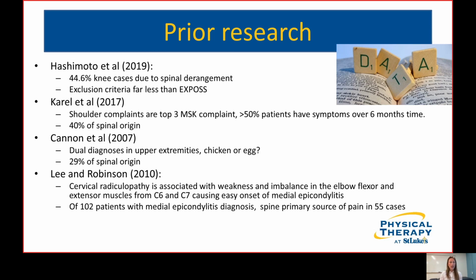In 2017, Carroll et al. did a study looking at patients who also had shoulder pain. Shoulder pain is your top musculoskeletal complaint, and over half of these patients have symptoms for over 6 months' time. And in a McClatchy study, they reported that some of these cases actually had a high rate, up to 50%, of recurrence in shoulder pain over the course of 3 years following treatment. So Carroll went to look into this in patients who were referred for subacromial impingement syndrome.